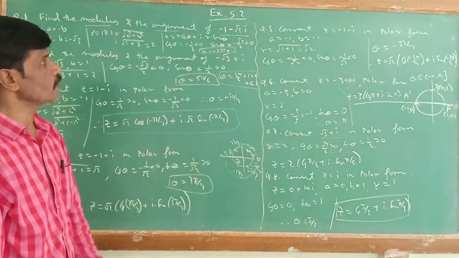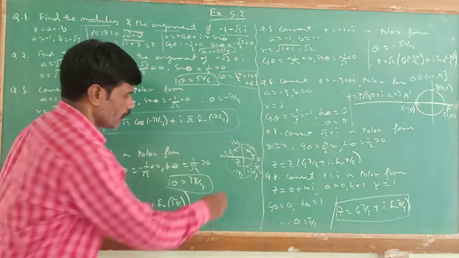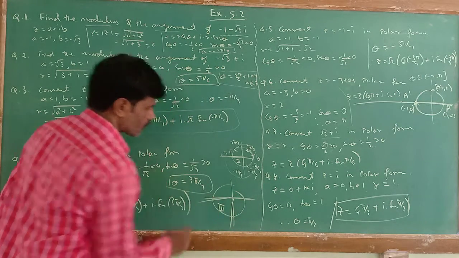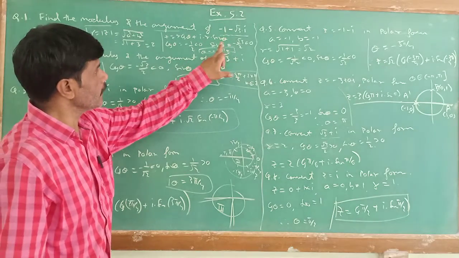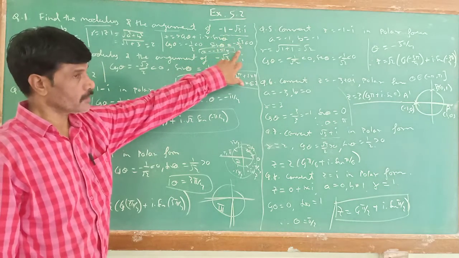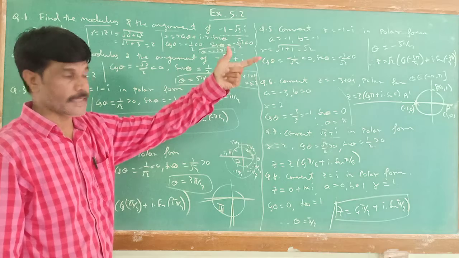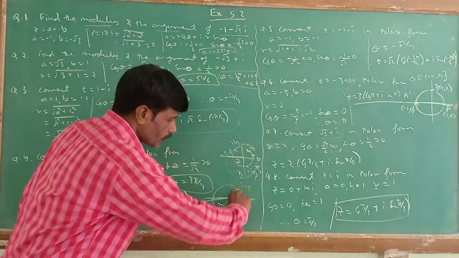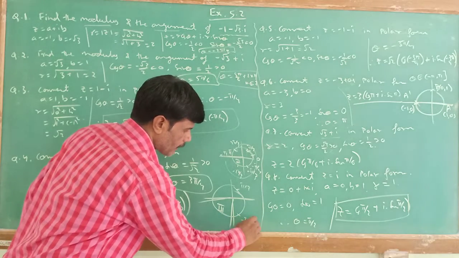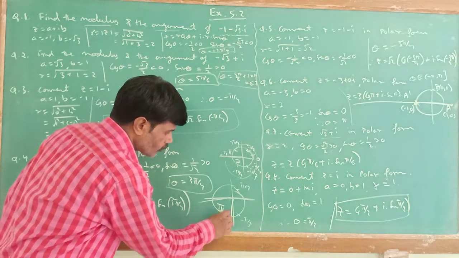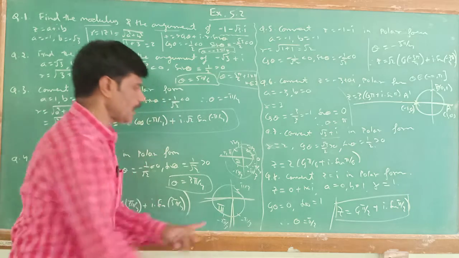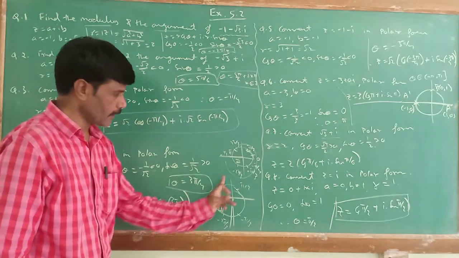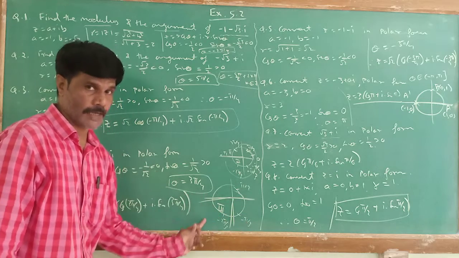Now cos is negative, sin is negative, which means you are in the third quadrant. And just think in your mind, sin of what is √3 by 2? 60 degrees, that is π by 3. So π by 3 in the first quadrant. Now the same distance when you come back this side, you get -π by 3, and the same distance here you get -2π by 3. Or you can remember it like this: the first multiple is π by 3, the second multiple is 2π by 3. In the same way here when you come back, -π by 3, -2π by 3.